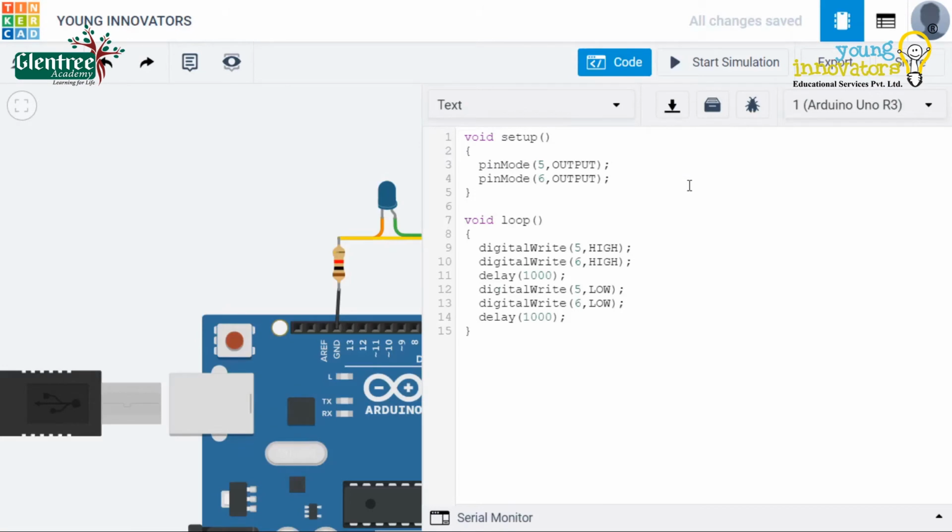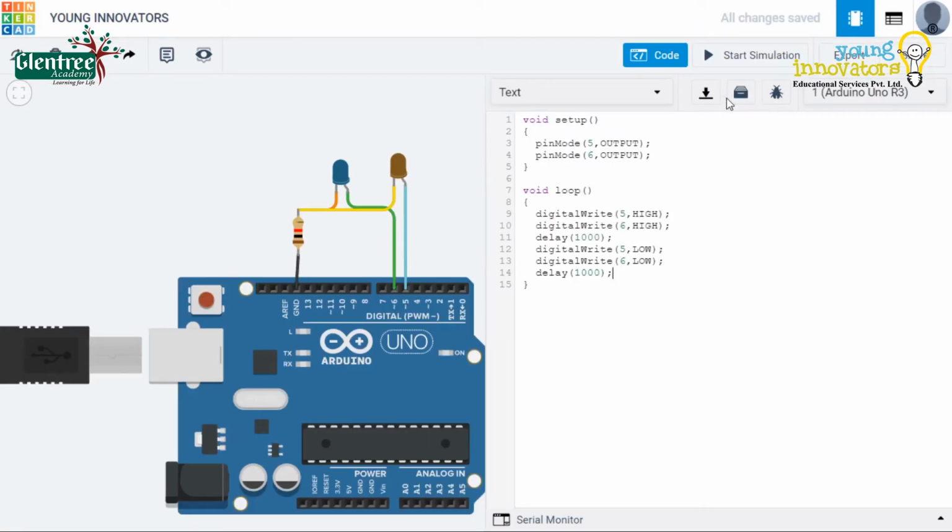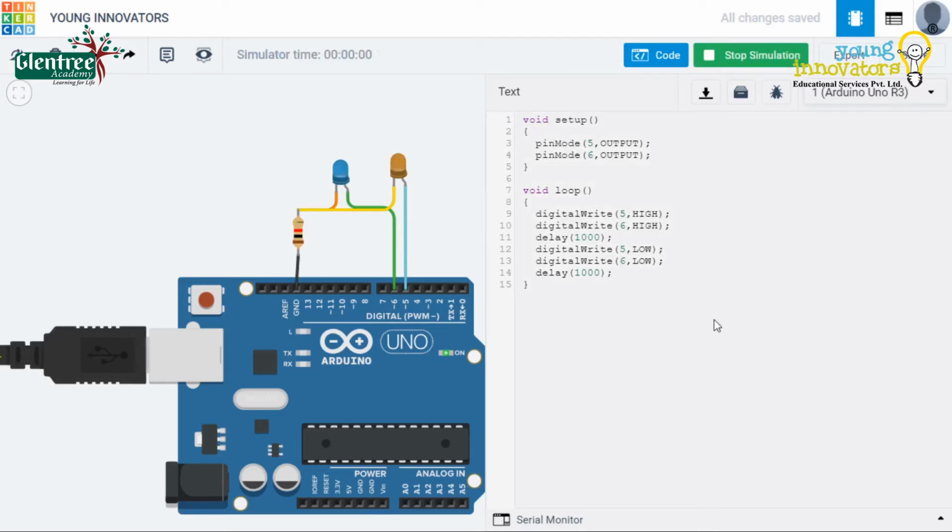And close the flower braces at the end. Let's click on Start Simulation now. You can see the LED going high and low simultaneously.